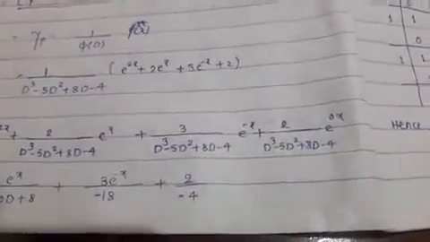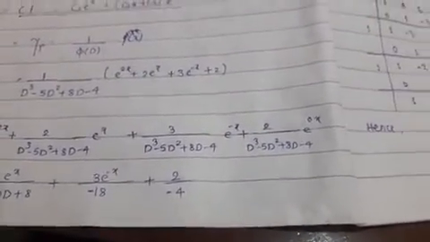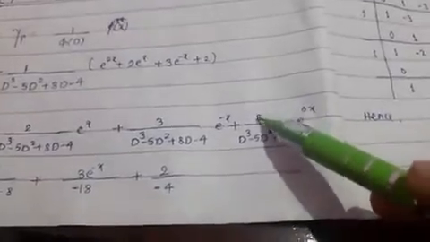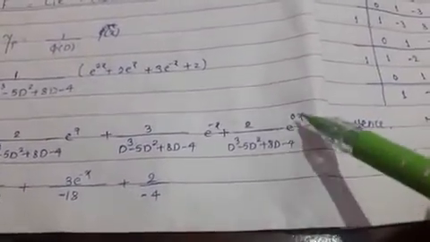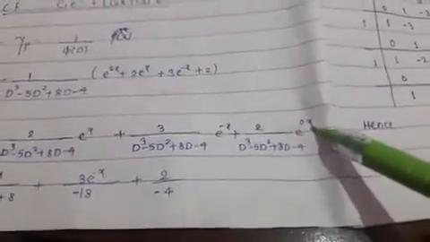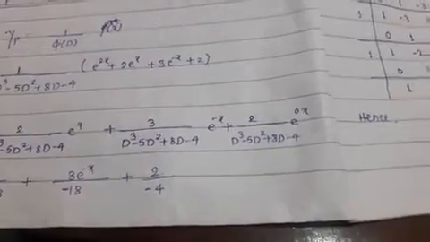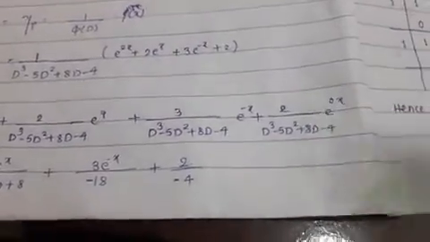Now all are having e raised to x, and we know that e raised to 0 is equal to 1, so I can write here this is 2 e raised to 0x upon phi of d, because we know that anything raised to 0 is equal to 1, 2 ones are 2. So in this case our e exponent part is represented here, and the value of the function cannot be changed.